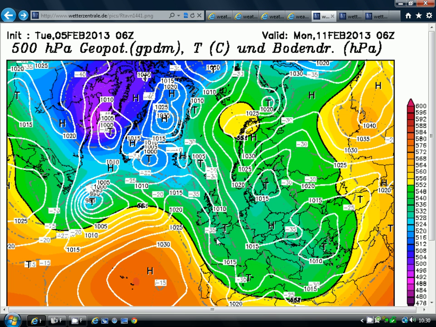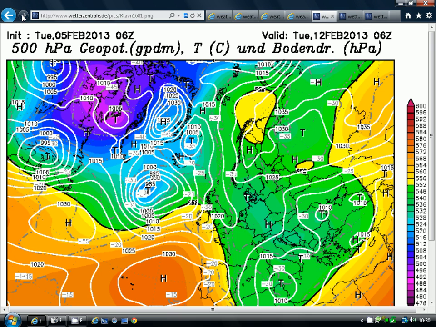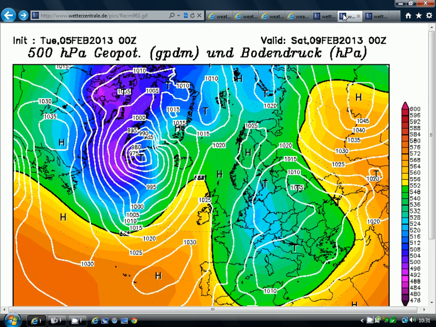Difficult to say how much, difficult to say where. You're going to have to try and pin it down over the next few days, but certainly this stalling weather system does suggest that we may start to see a snow event beginning to take place over the weekend. The GFS has really been struggling with this, so it's only this morning that it's really started getting a handle on it. The ECMWF has been leading the way with this, and here we are for Saturday the 9th of February with the high pressure up over Scandinavia.